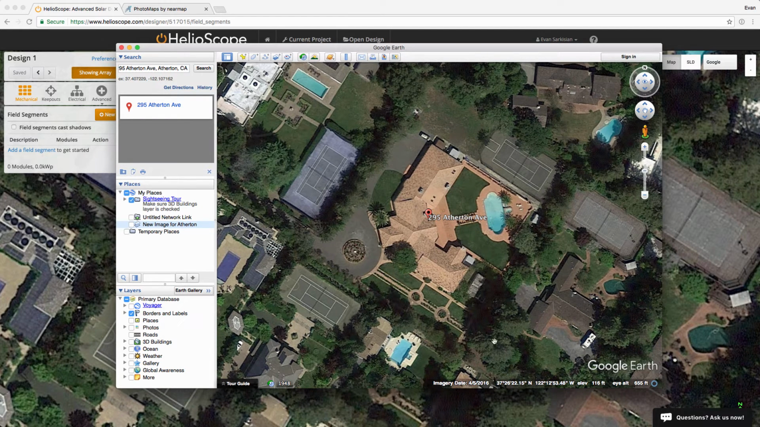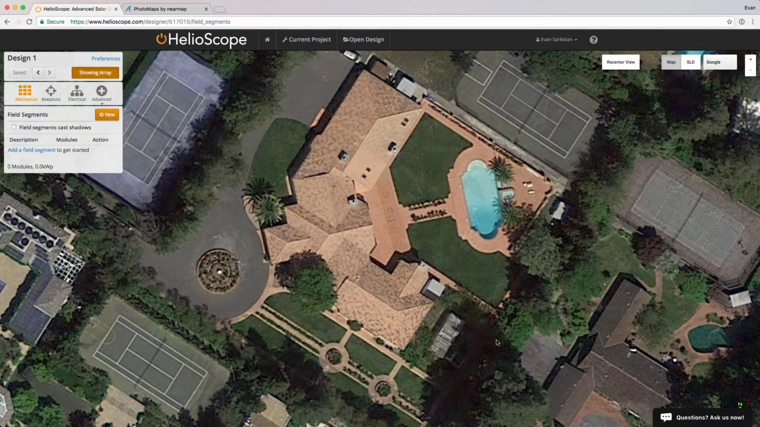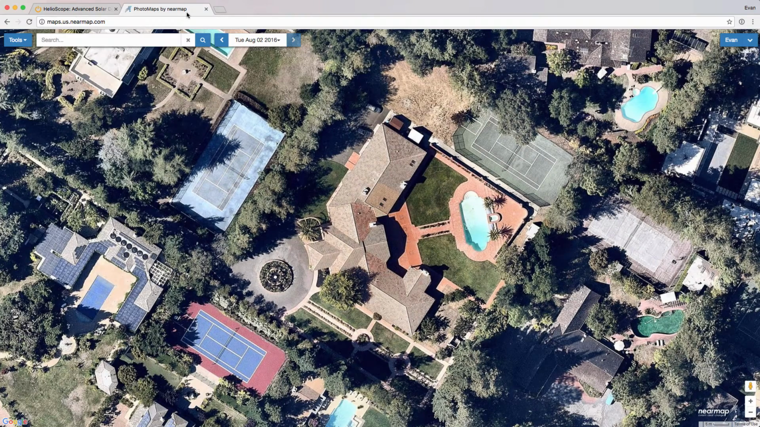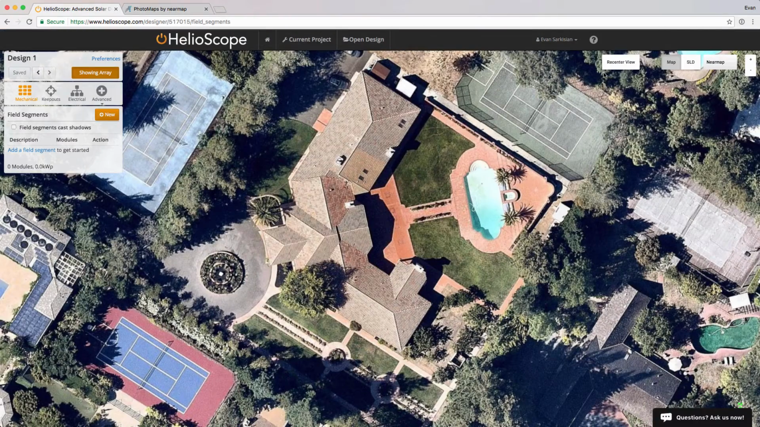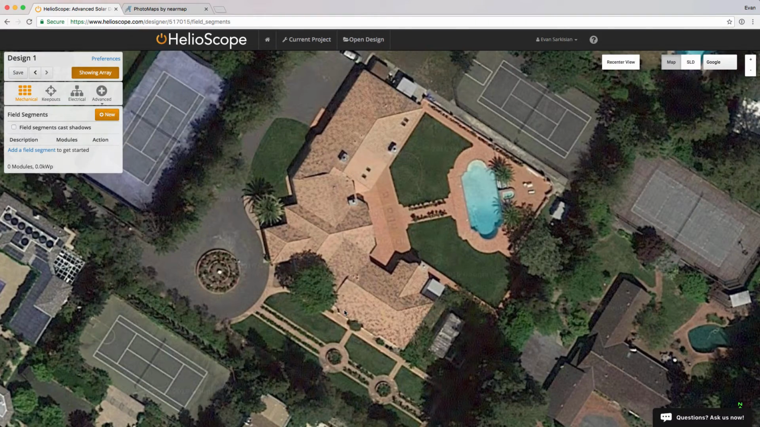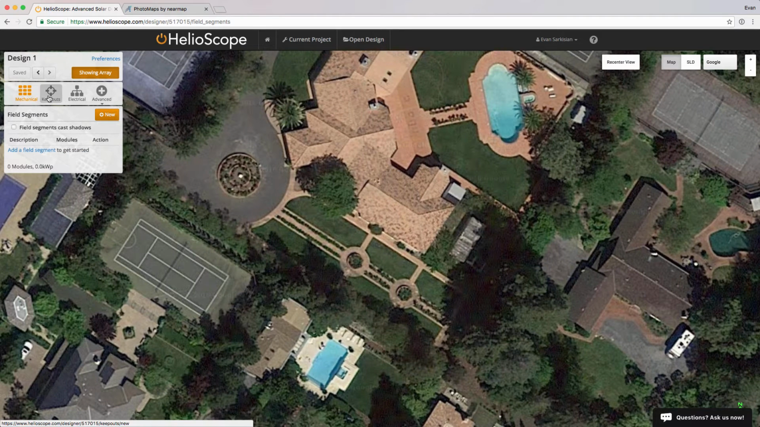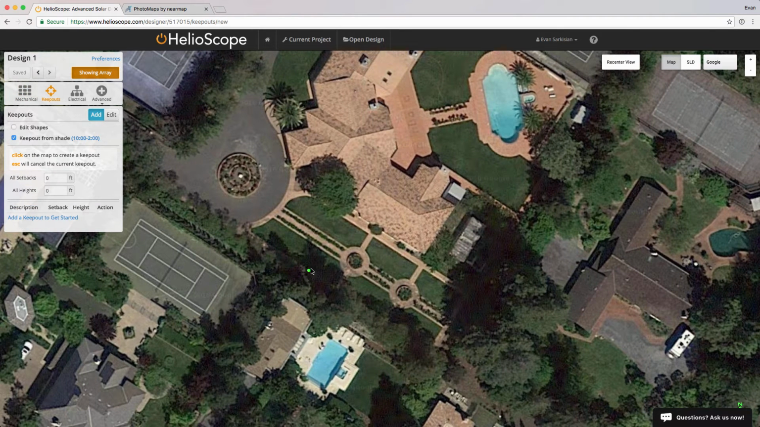So here in Google Earth, it's telling us that this image was taken on April 5th. I can also try a different image. So this is Nearmap, and their imagery was taken on August 2nd. So based on that, you can see the shade patterns are very different. Well, Helioscope can model the shade for every hour of the year. So using the shade patterns in Helioscope like a sundial, we can reverse out all we need to know to